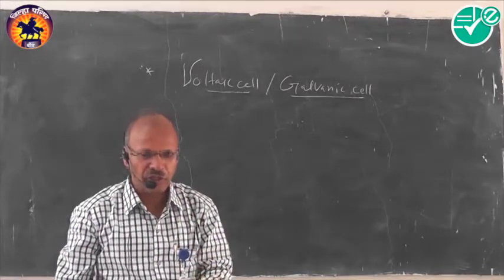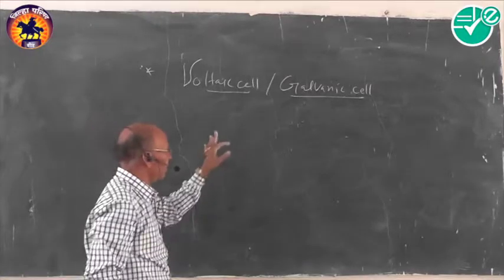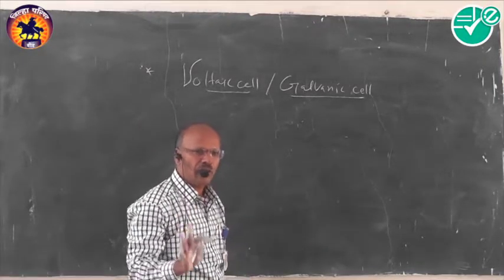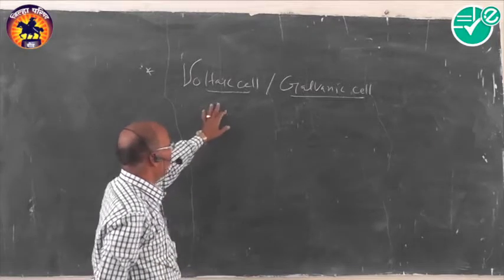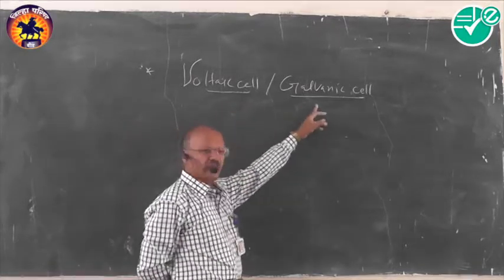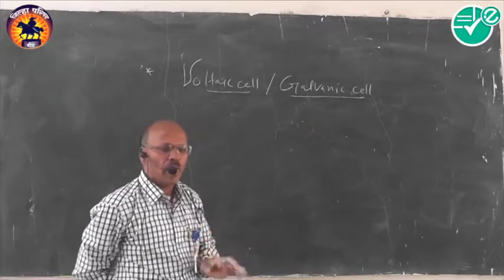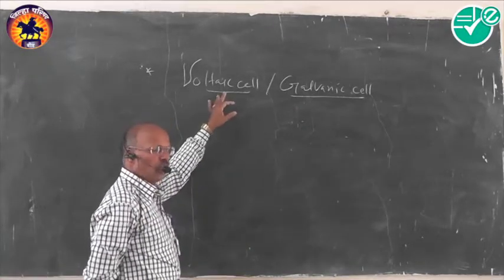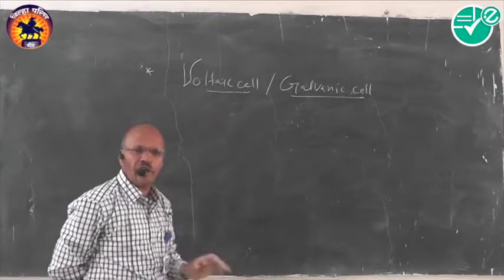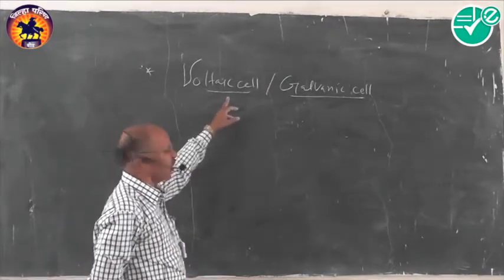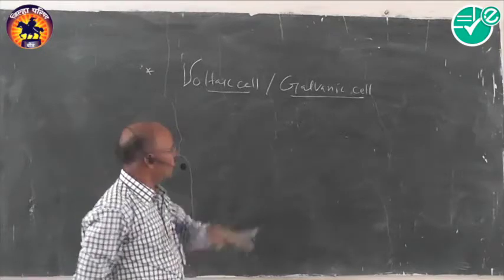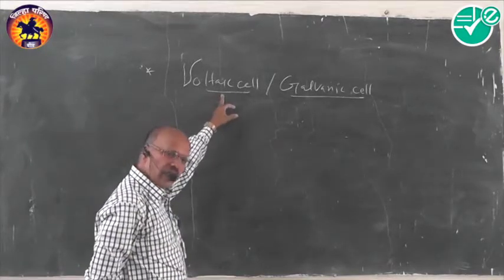The same conversion taking place as a result of spontaneous chemical reactions. The same cell, the same device, we generally call voltaic cell or galvanic cell. Now how are these names derived? These names are derived from the name Alessandro Volta. This cell was first devised by the scientist Alessandro Volta. Therefore, in memory of that scientist, we named it a voltaic cell.